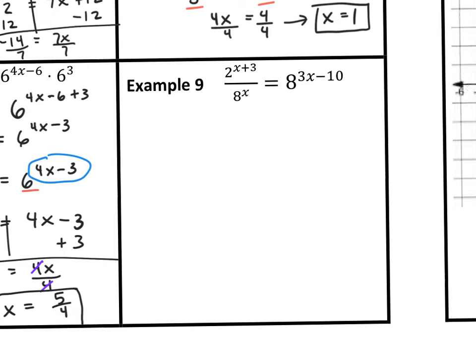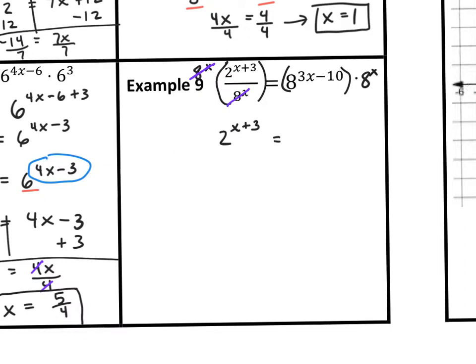All right, example 9. It looks like example 7. Remember we had the fraction in example 7? And what we can do here is we can say, the opposite of dividing by 8 to the power of x is multiplying both sides by 8 to the power of x. So that this cancels with this, the left side, right? 8 to the x cancels with 8 to the x. So I'm left with 2 to the power of x plus 3